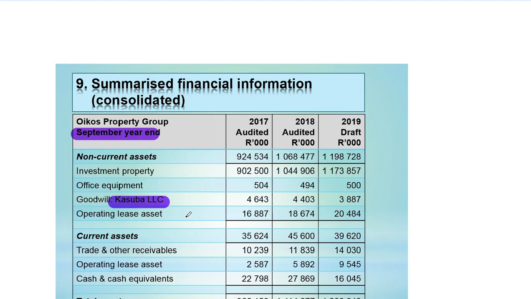Now let us analyze each year and see what is happening. If you're looking at the investment property, each year it is going up. Why is it going up? The 2 things that result in the investment property going up are additional investment property acquired each year, since we've seen that they're acquiring 1 asset each year, and also the fair value adjustment. So now you see the investment property is going up each year, and you see what is happening.